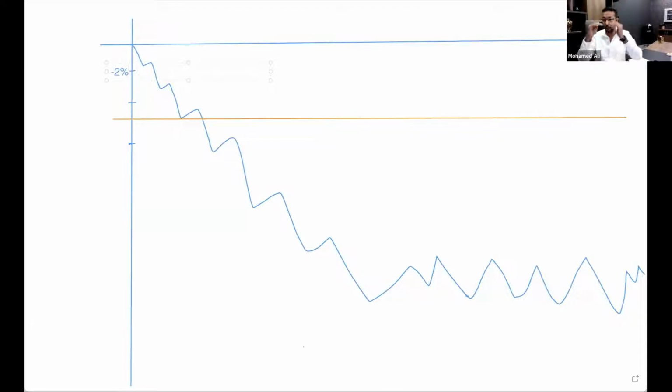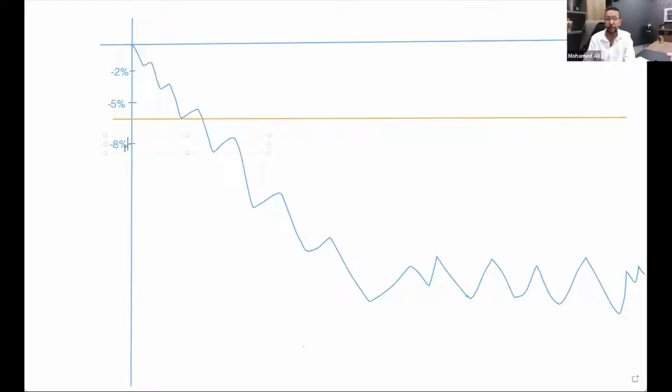Because if the market is going down dramatically, the bot's not going to buy anything. It waits for the market to stabilize. And how does it know that the market stabilized? By showing a movement of 0.5% from the lowest price. Taking the example, if it took -2% and then -5% and then -8%,